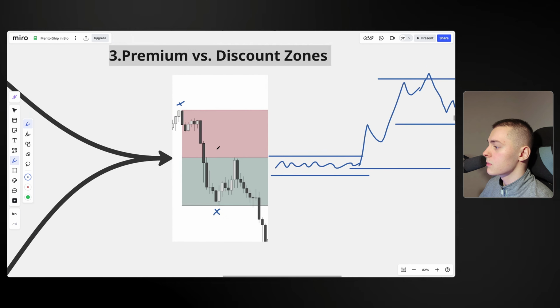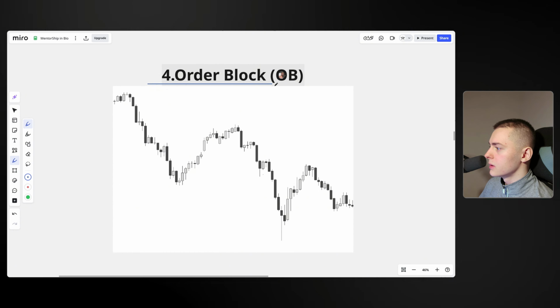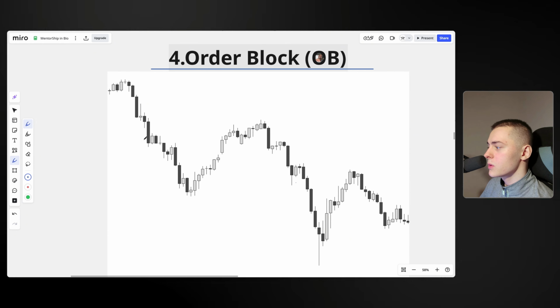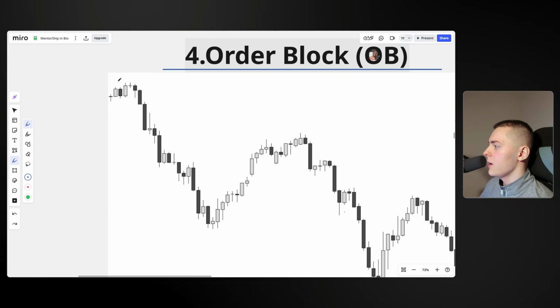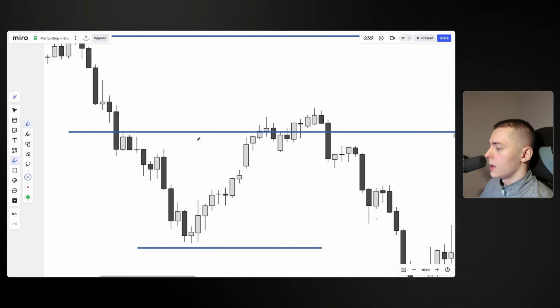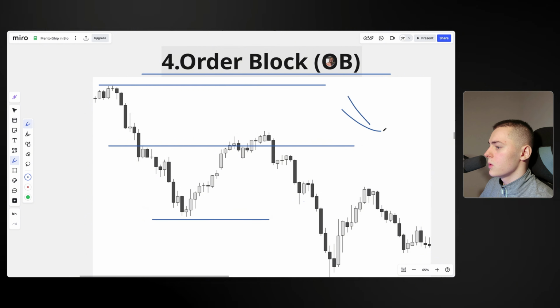We have already talked about market structure. Make sure to identify those correct. So the next thing on our list is order blocks. Order blocks is the first liquidity point that I was referring to earlier in the video. Now what have we just learned? If we draw Fibonacci from swing high to a swing low, and then draw the center line of both of these two areas, we have the premium to discount range. Now, in this current market condition, we want to take a sell because this is a downtrend, as you can see. So what are we doing? We're trying to find high points of interest where the market is more likely to go to, then trade to the downside.